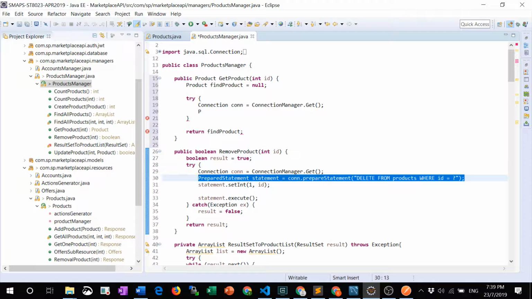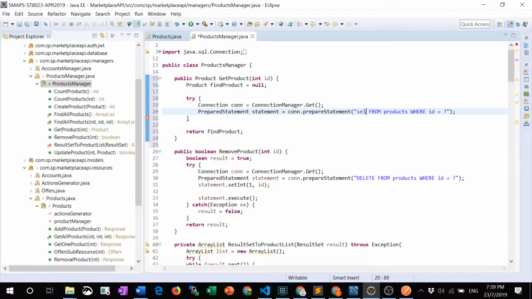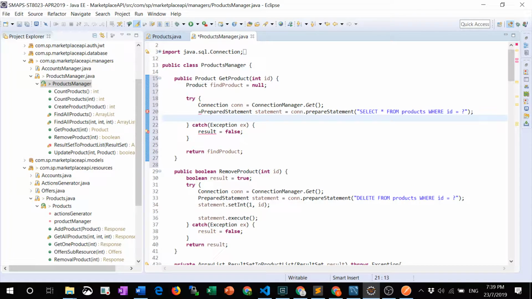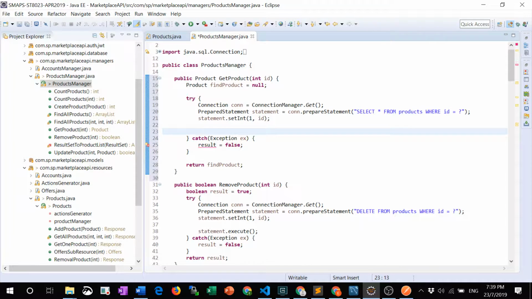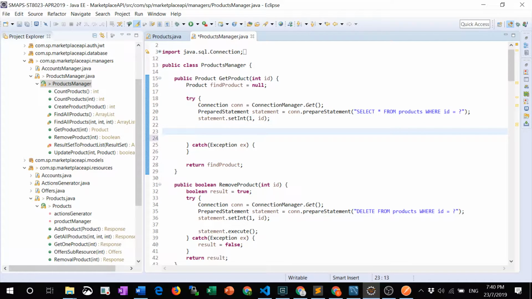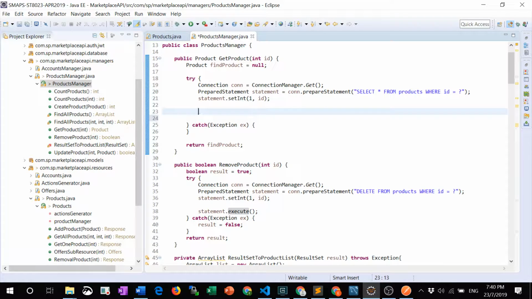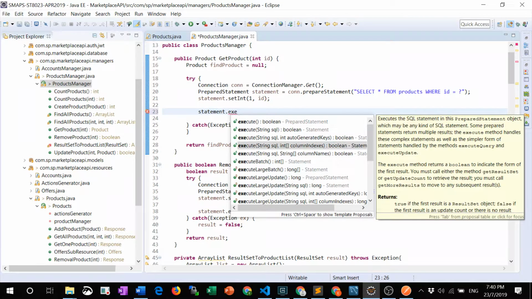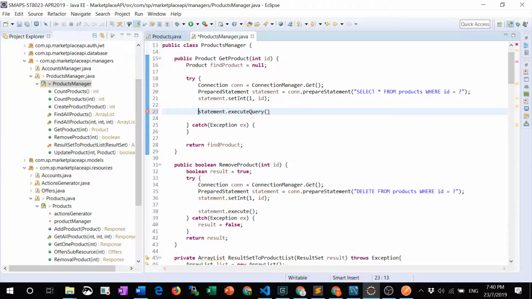Okay, so I'm going to copy from my previous delete statement because I can do this. The delete and the select actually is not much difference except delete changes to select, and then I need to specify that I want to get all the columns. Let's see, catch. Okay, same thing, no change. And of course, my statement needs to set only one parameter, which is ID. Okay, now because this is a read statement, a query, I am not going to use execute. I need something to return me a result set. So to return a result set is execute query. That gives me a result set object,